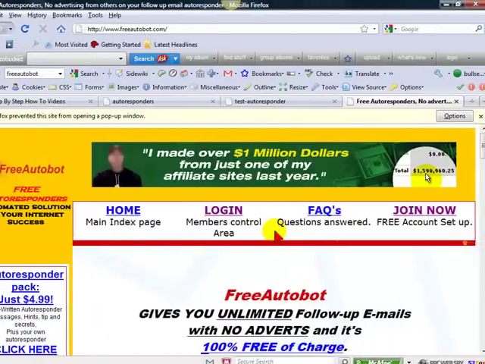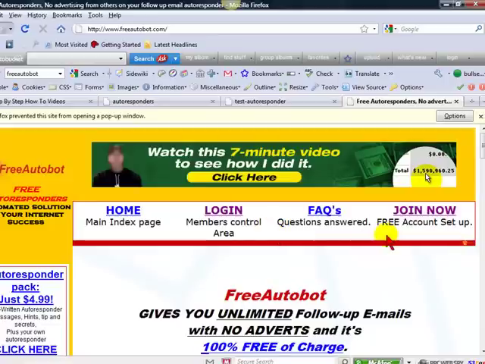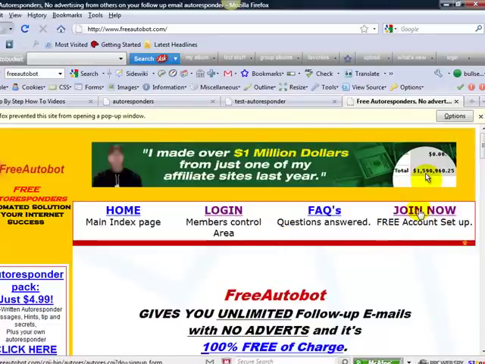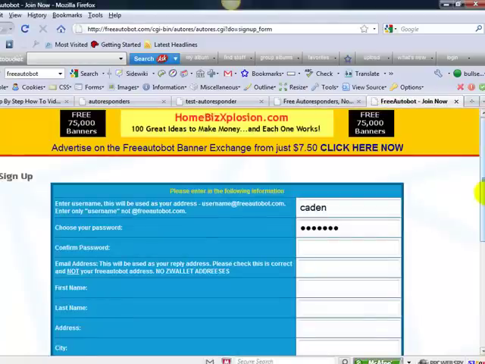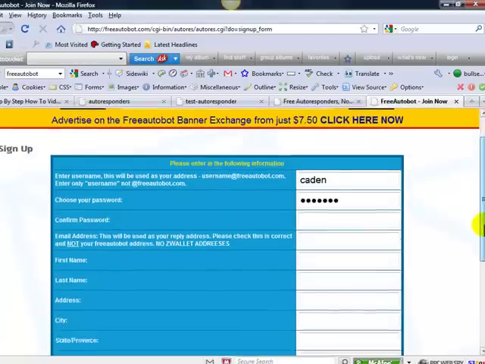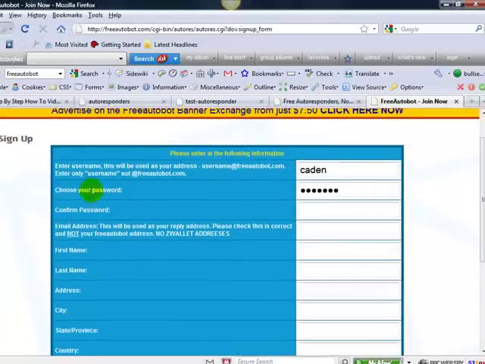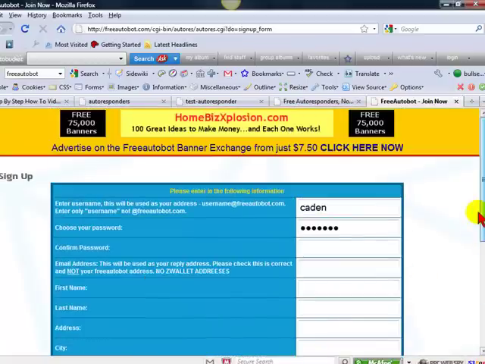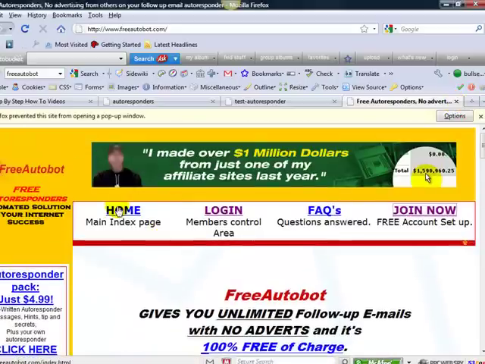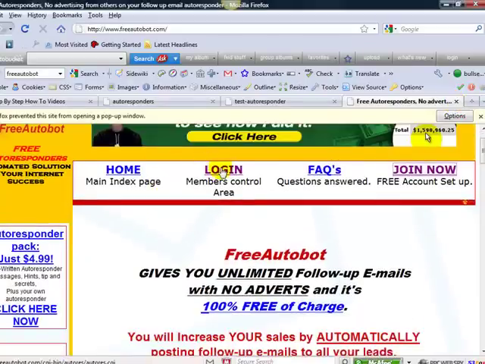Now, the first thing that you're going to have to do is join. In order to do that, you just go over here to where it says Join Now, obviously, and we'll left-click this. You have to fill in the form, and you've been through this before. Just go ahead and fill in your name, choose a password, and once you have hit sign up, they will send you an email, and at that point you will be able to log in. Once you have got your email, come back to the home page, and we will click the log on button,